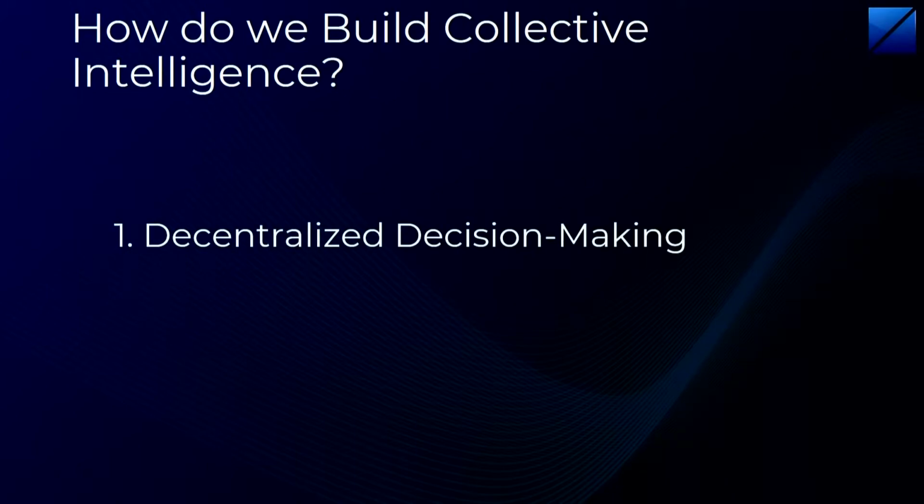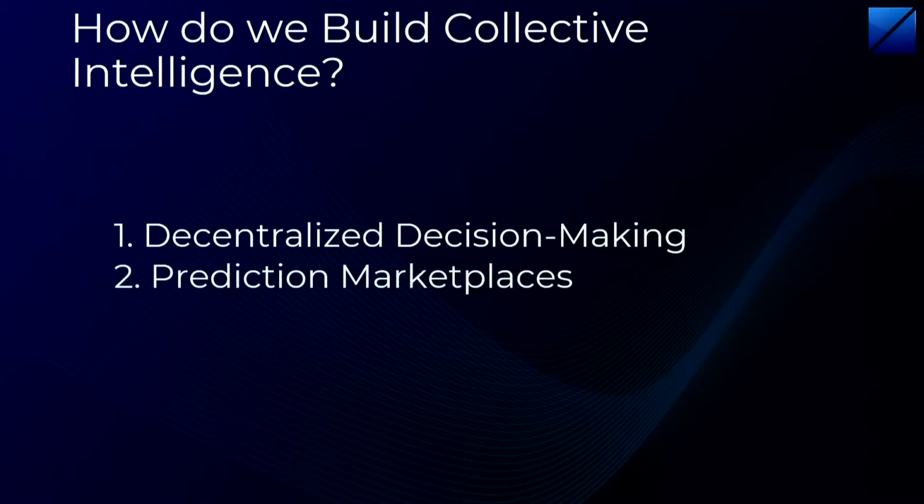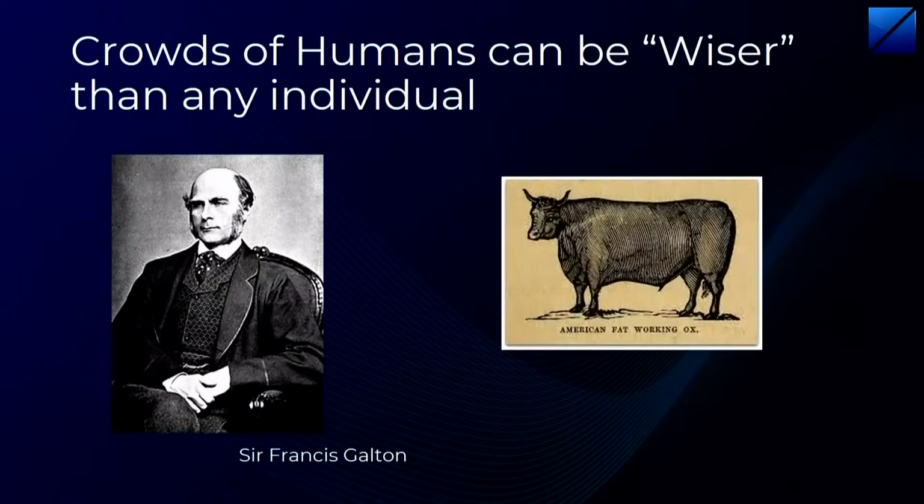I'm not going to talk about that today, but there are lots of examples of that on our website, really interesting ones around cars and vehicles. The other element which I am going to discuss in more detail is something called prediction marketplaces. And the idea here is, there are definitely analogies with how collective intelligence is built up in the human domain.